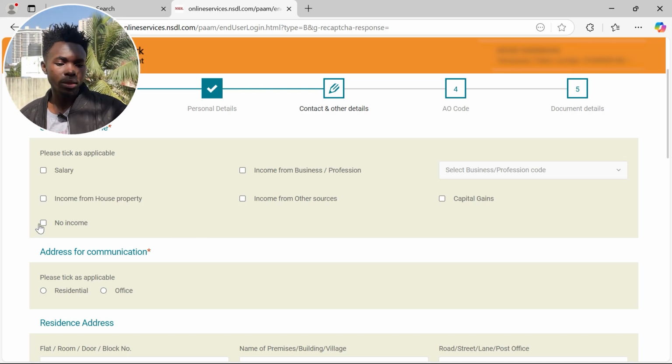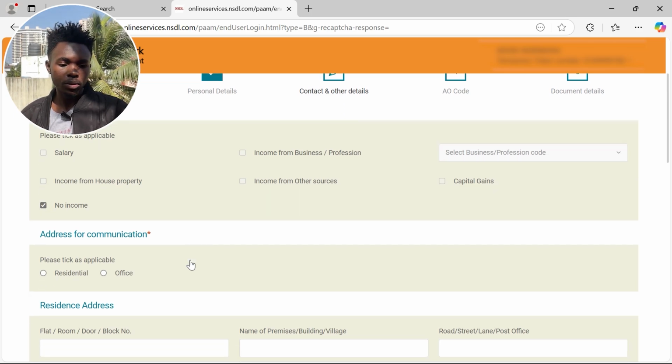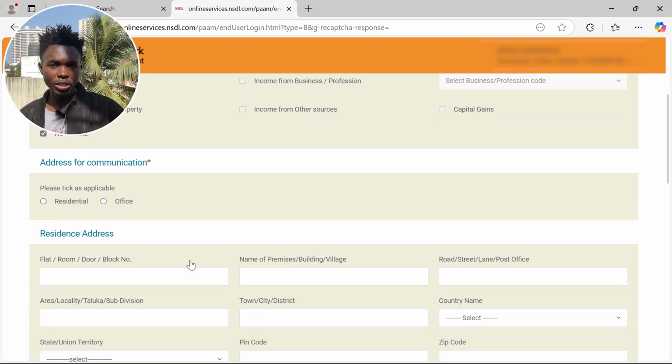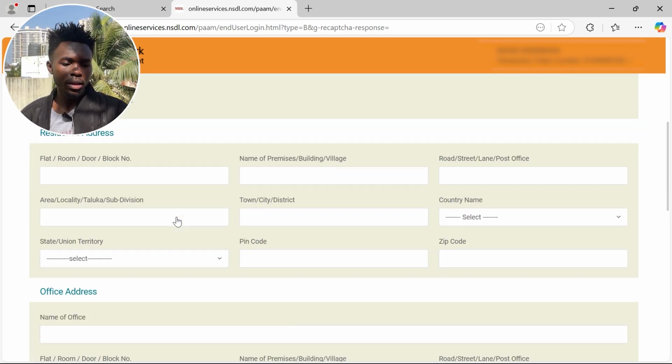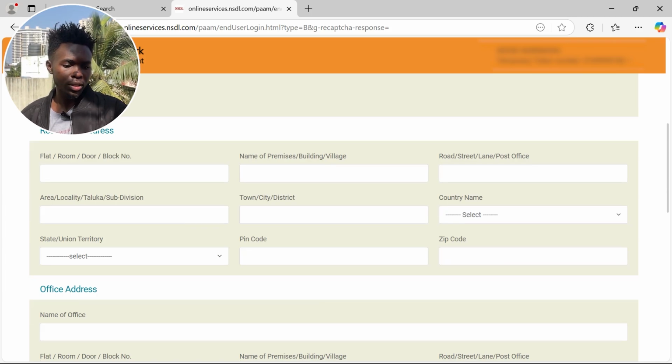For me, I will just go with this no income, and then you can just also give the address for communication, your address for communication, whether it's residential or office. You can just mention it. So I will just go with residential here, and then here in the residence address you will enter the address